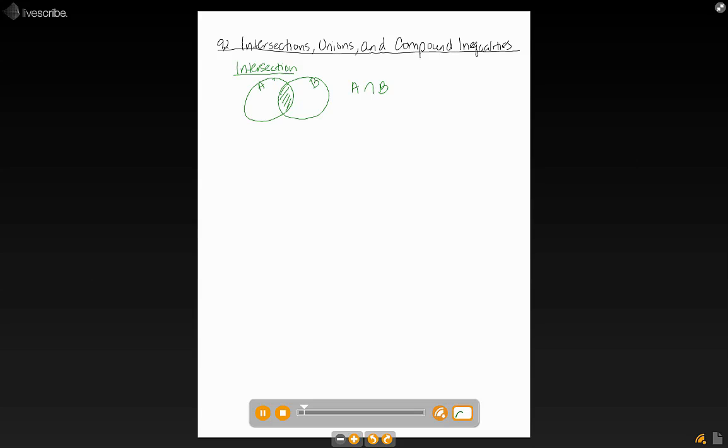Everybody good? So let me give you an example. The set, I'm going to use roster notation, which means I'm just going to list what's in the set. The set 1, 2, 3, 4, 5. Notice there's no "such as." I'm not describing. I'm actually listing everybody in it. That's called roster. Intersect